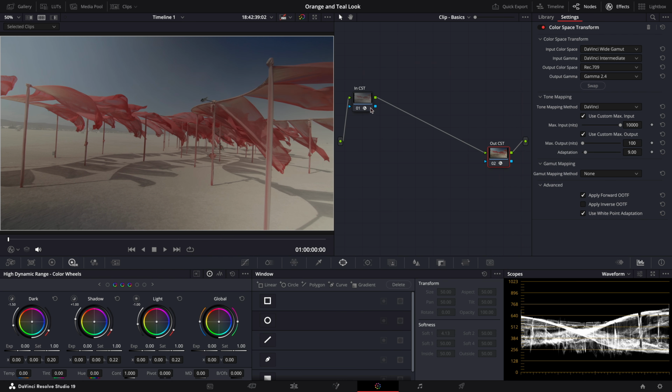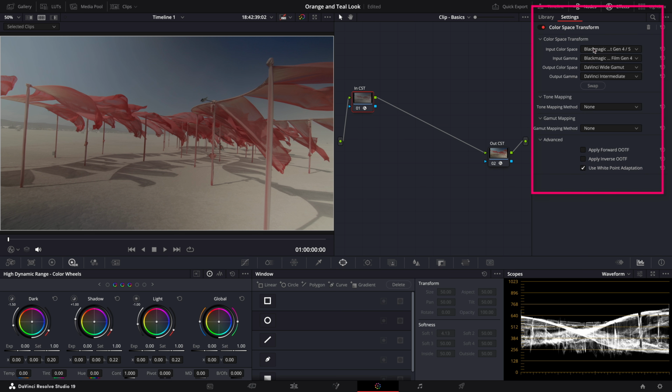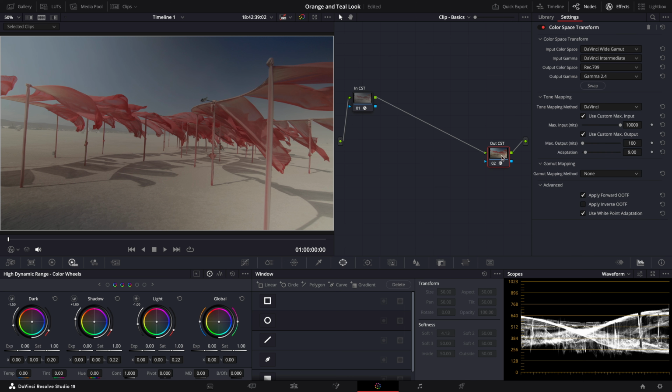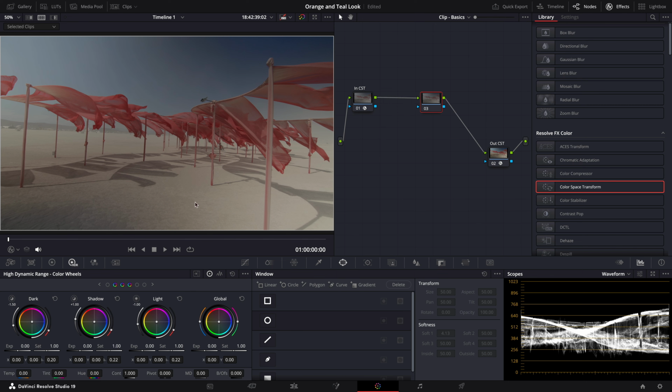In our CST nodes, we transition from our camera source to DaVinci White Gamut Intermediate as it gives us the maximum flexibility and fidelity for color grading, ensuring richer colors and finer details across the image. For our output CST, we go from DaVinci White Gamut Intermediate to Rec 709 Gamma 2.4. And here I've set tone mapping to handle a dynamic range with a maximum of 10,000 nits and a minimum of 100 nits. Next, let's increase our exposure just a little bit,